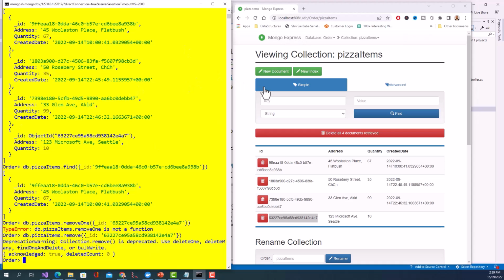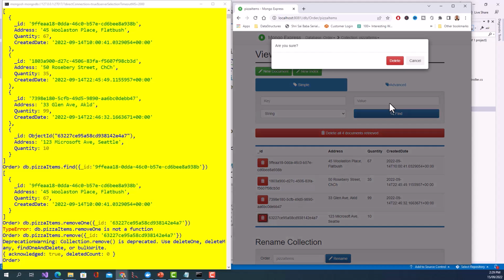So now I have deleted this one with this ID, so this one should be deleted. So if I refresh, it has deleted that one. And now let me delete this one too from here, delete,